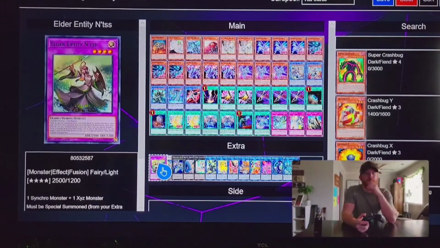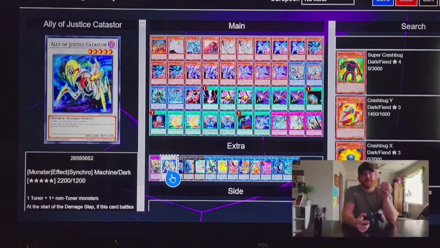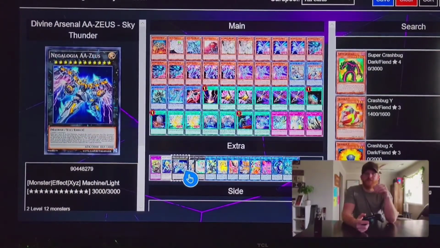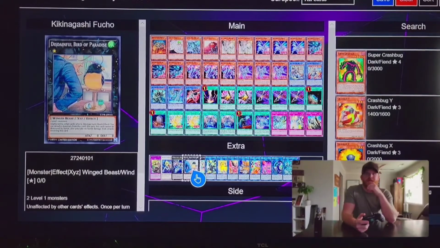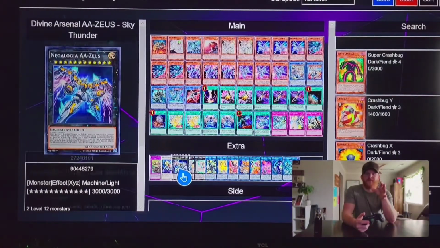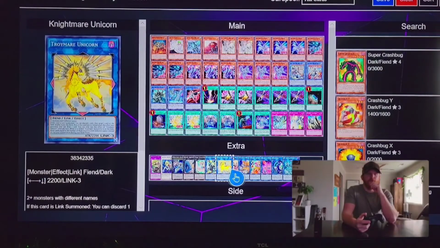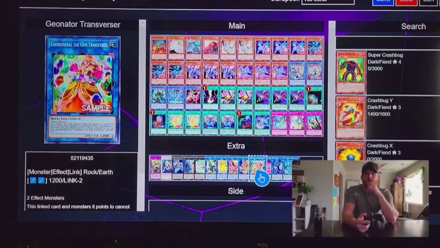And for the extra deck, some of these I'm not completely using, but they're there just in case. 1 Elder Entity Entis, 1 Ally the Justice Cataster. Now these 2 I only have in case I can use the Ash Blossoms as monster material instead of just hand traps. Got the 1 Zeus, of course, the 1 Nagashi Fuko, and 1 Lyrilless Assembled Nightingale. Now these 2 are specifically just to get to main phase 2, so you can help board wipe with Zeus if you need to. 1 Boral Solar Dragon, 1 Nightmare Unicorn, 1 Nightmare Phoenix, 1 Nightmare Cerberus, 1 Geonator